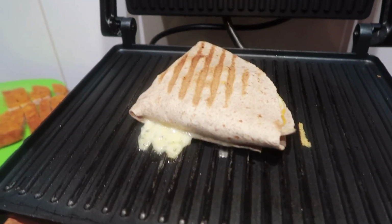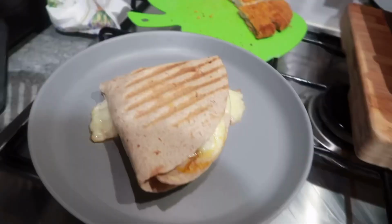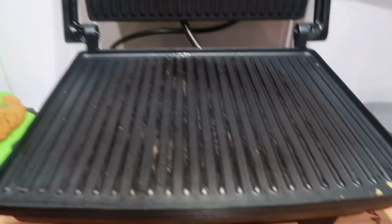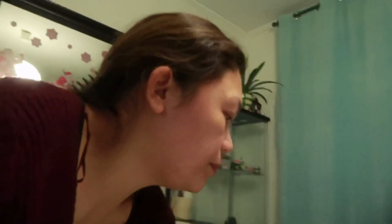Okay. So, yan na yung akin. So, gawa tayo kay Dada. Isa ulit. Yan ulit kay Dada. So, nakasalang na yung ating kay Dada, ito yung akin. Tikman natin. Let's try it. Where's Mama going to sit down? Here? Okay. Mama, here. Give me that. Yeah, I think so. Thank you. Let's try. Okay,